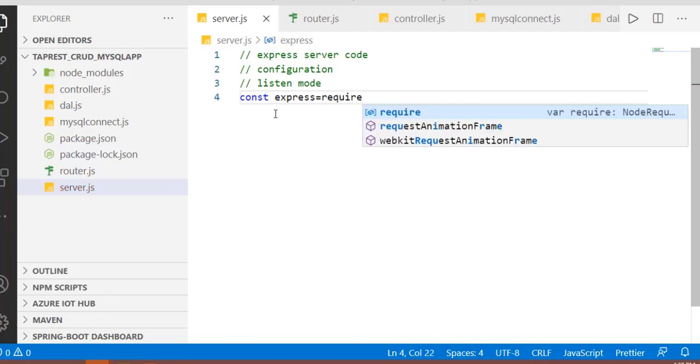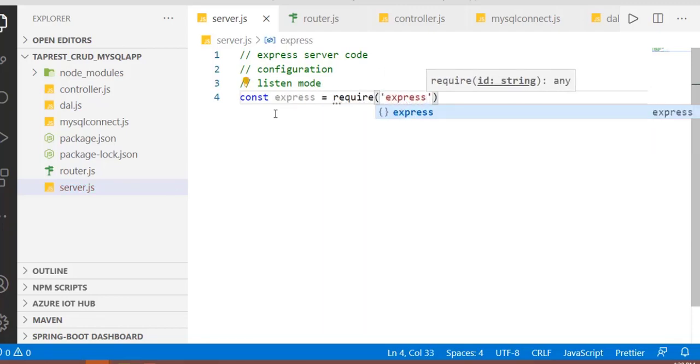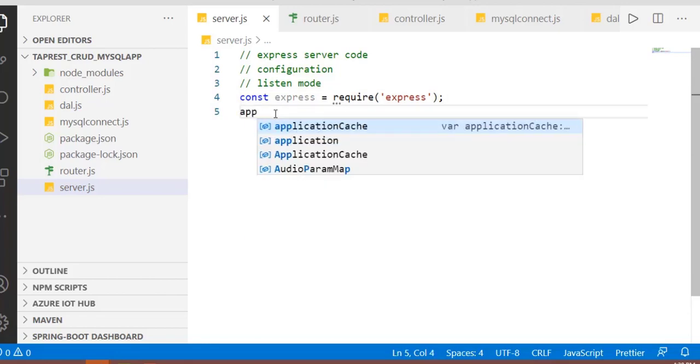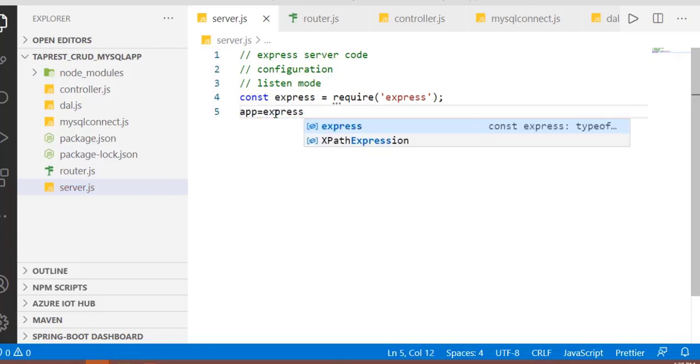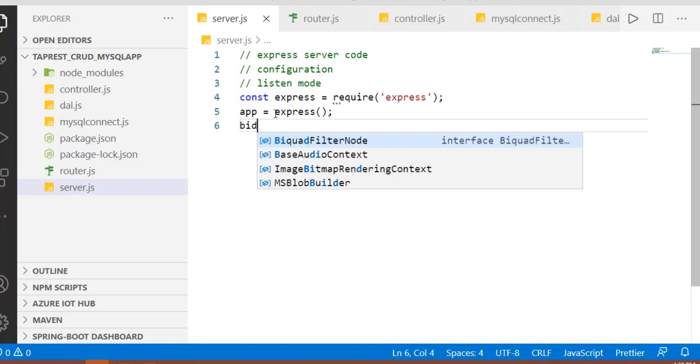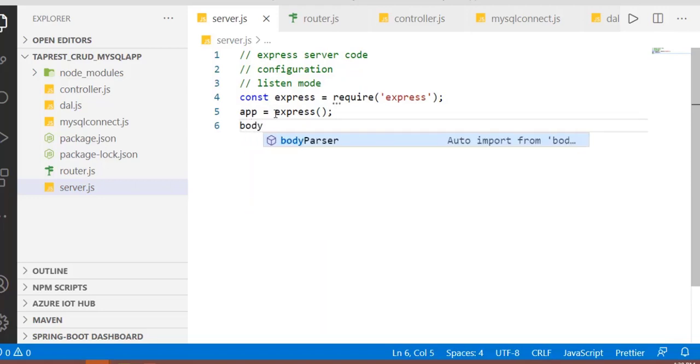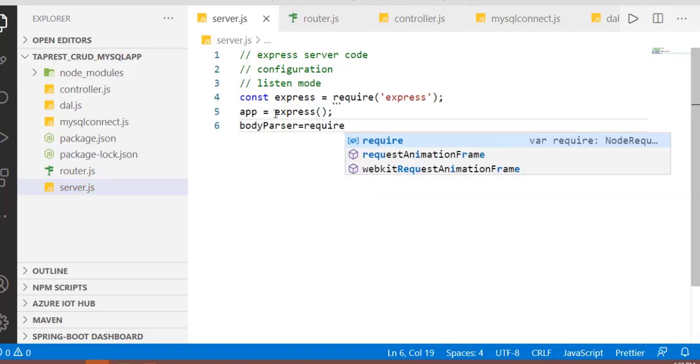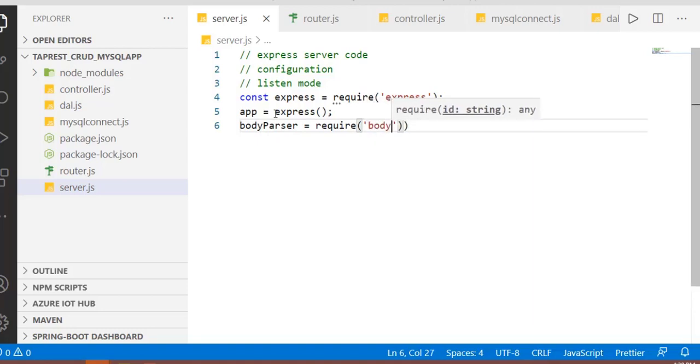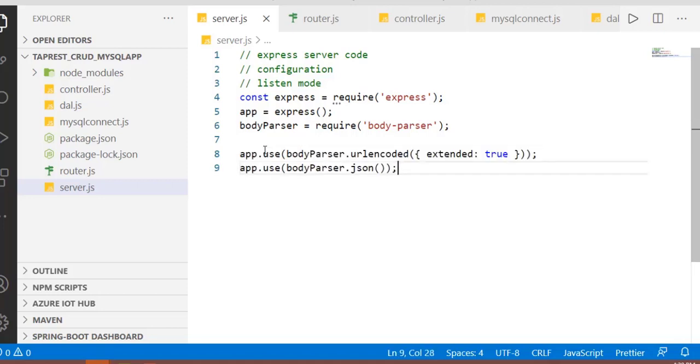So our first job is now to get Express, get body-parser, get MySQL, correct? Get the global object, set the configuration. Also write the lines of code which will help us set this particular application in listen mode. Here you find we have taken care of getting our Express and body-parser.